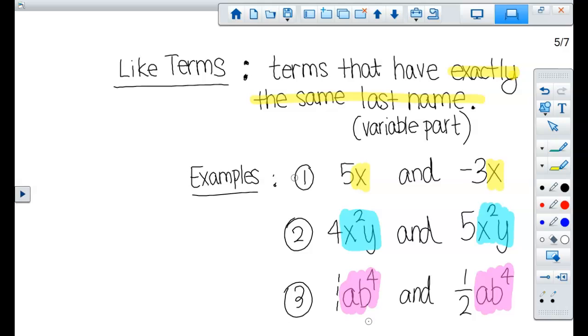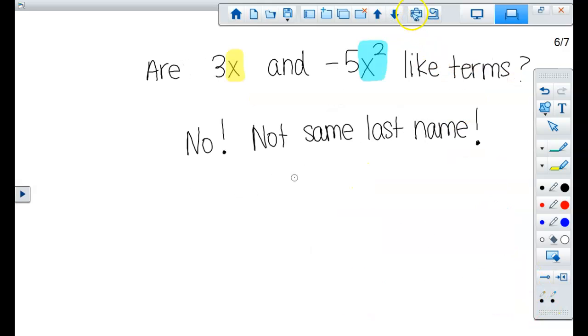And like terms are terms that have exactly the same last name. So when you're looking at terms and you're trying to identify whether they're like terms or not, only look at the variable part and make sure it matches perfectly, like an x with an x, or an x squared y with an x squared y, or an ab to the fourth with an ab to the fourth. So notice, not only do those letters have to match, but the exponents that are on the letters have to match. So in this one, 3x, negative 5x squared, not like terms because x and x squared are not a